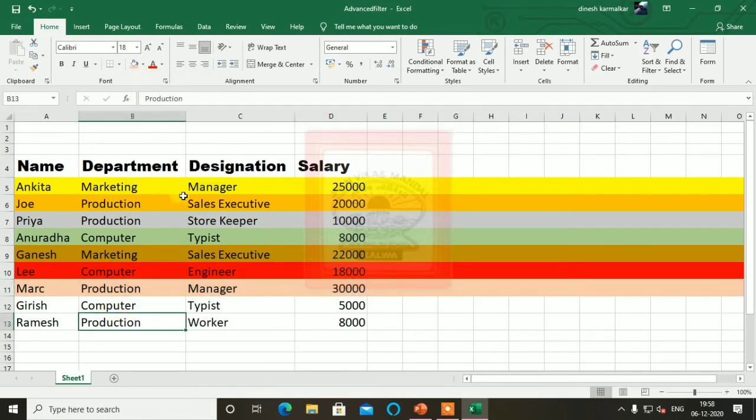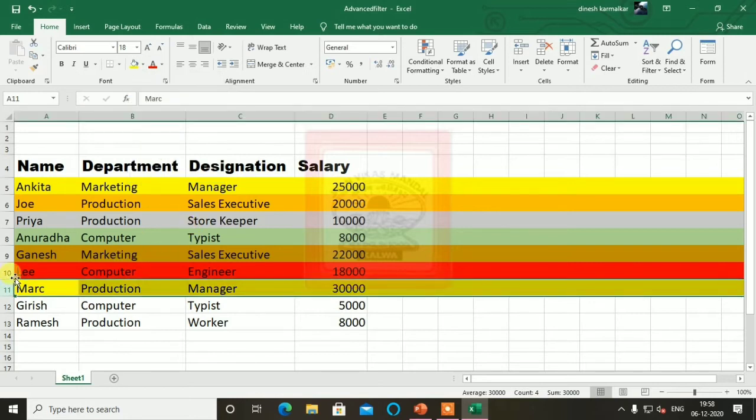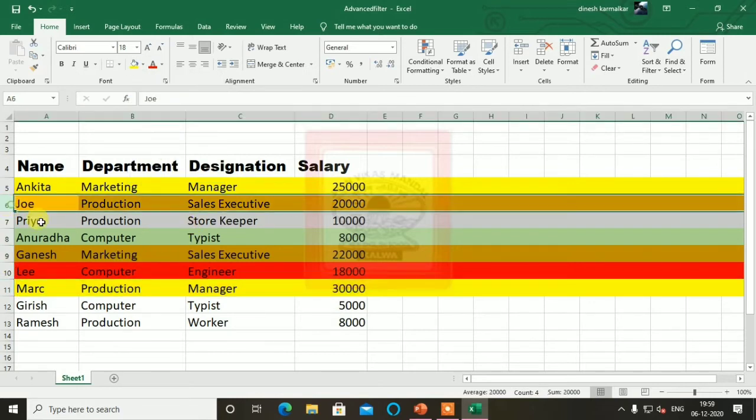What we are going to do here, both these are managers, so for both I am giving the same color, and these both are sales executives, so both I will give the same color here also.